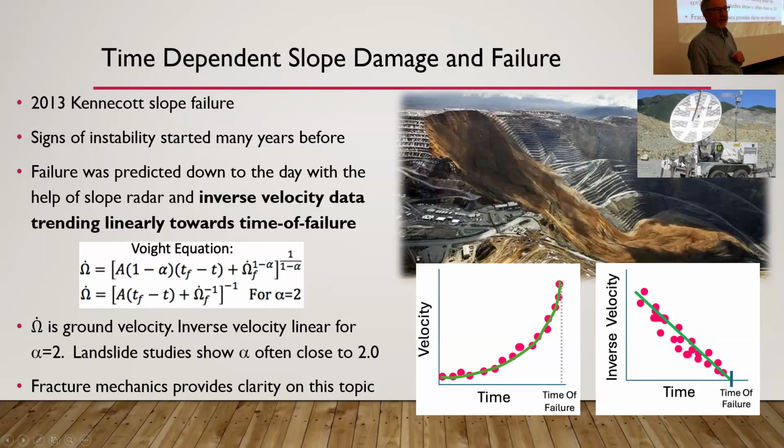And so what it is, basically before the failure, they're using this slope radar very carefully, very accurately measuring the movement going on. And you start to see this acceleration towards failure. I mean, this happens in all materials before they fail. They tend to accelerate in terms of the velocity,